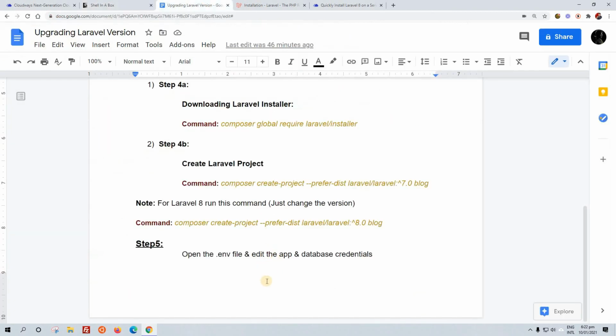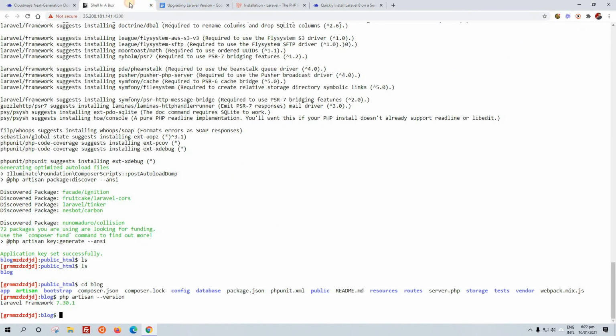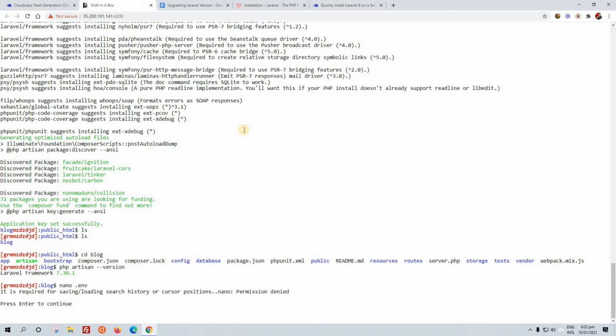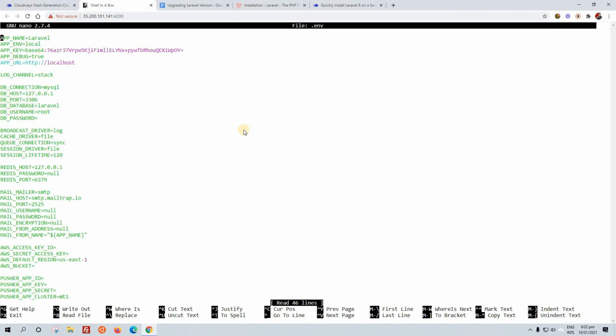To edit the file, we can use the nano command. Nano is an editor on Debian. Nano and dot env. Okay, click enter.